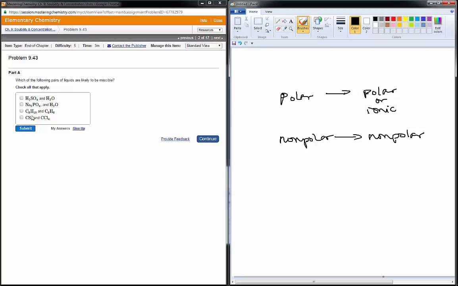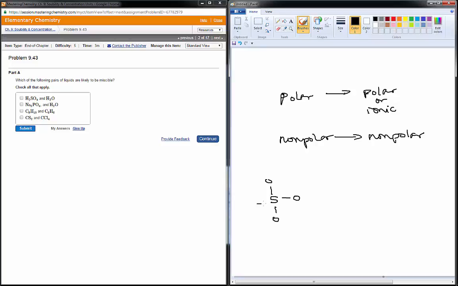So we just have to look at these things and say, are they similar? Do we have two polar things, or one polar and one ionic? Do I have two nonpolar things? Those would be soluble or miscible, which means soluble in all proportions. And something which would be polar and nonpolar, if I put those two things together, those would not be likely to be miscible. So looking at these first two, H2SO4 and H2O, if we draw the structure for